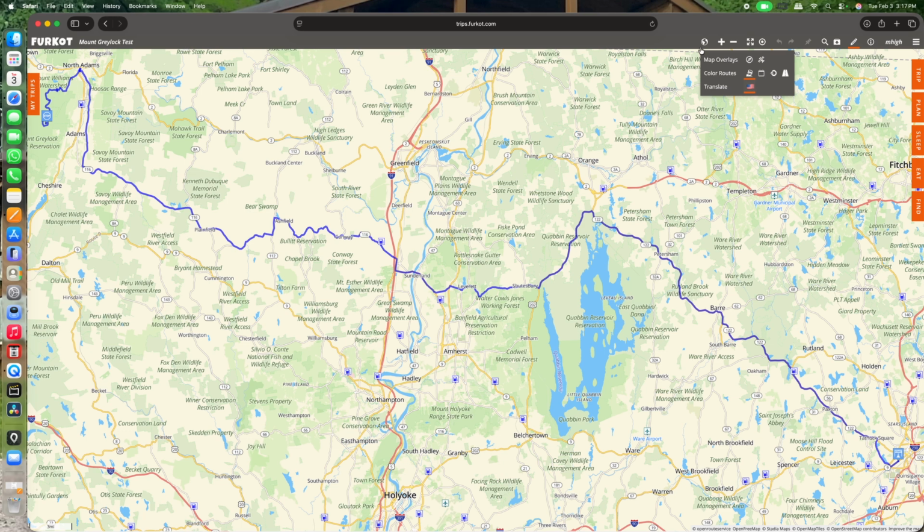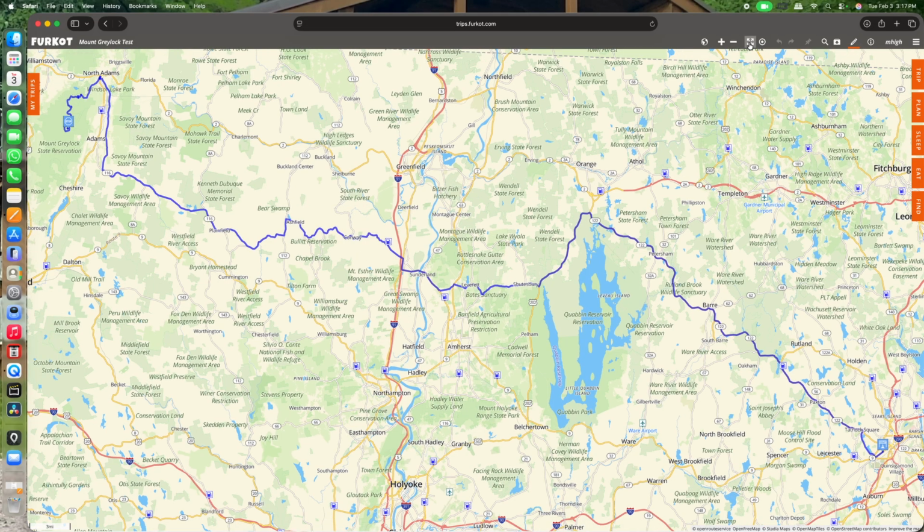And basically in English, what your language is. This button here, show the entire trip. If I click on that, it'll just recenter the whole trip right into the screen. If I have a specific stop I'm looking at and I want that to be in the middle of the screen, I can center that as well.